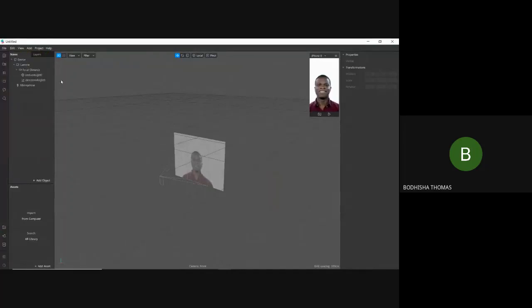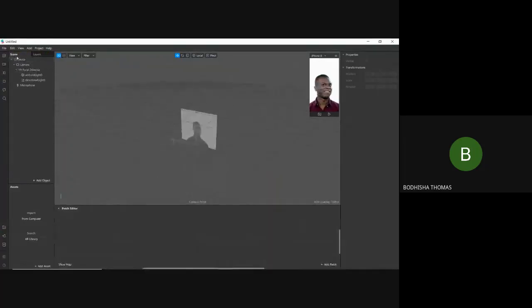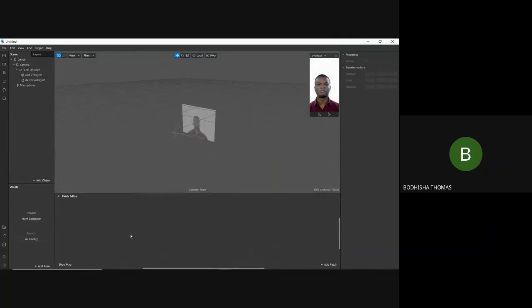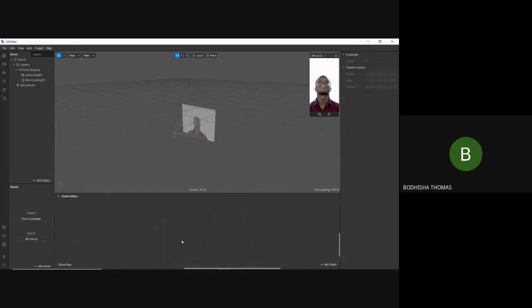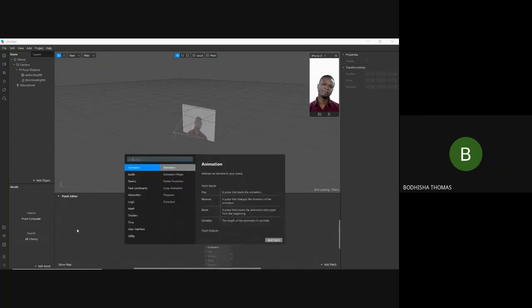So you can add Patch Editor by clicking on the Show or Hide Patch Editor. So we can right click on here and see a number of patches available. Each patch has a unique functionality. Some of the available patches are interaction patches, which actually help to interpret interaction from users like screen taps, swipes, etc. Then we have logic patches, math patches, etc. These all can be used. So in order to take the patches, you just have to right click on this patch editor.